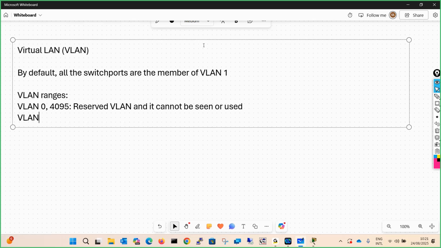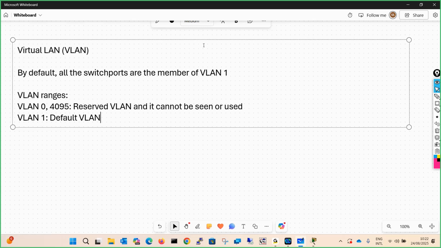Then we have VLAN 1. Just now we have discussed, it is a default VLAN of the switch, and we have just discussed that by default all switch ports are in VLAN 1. We have seen it also.